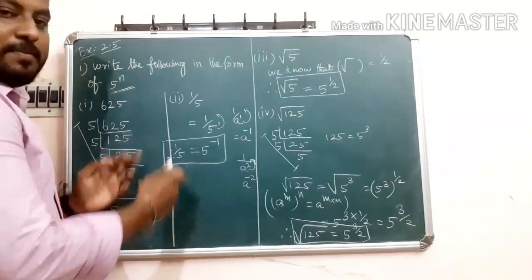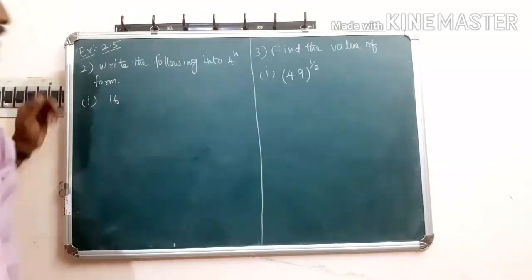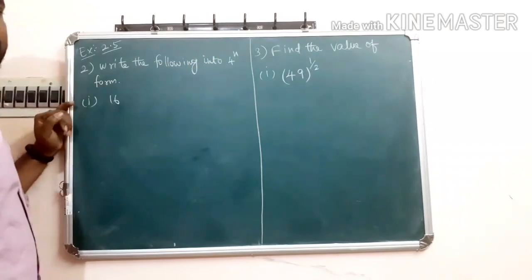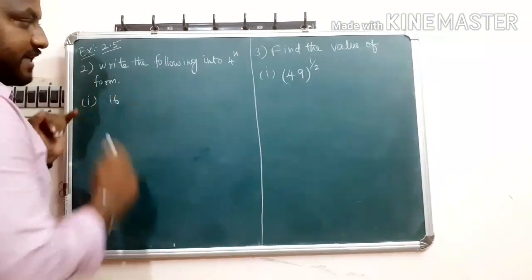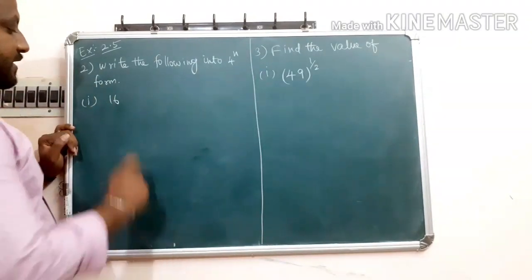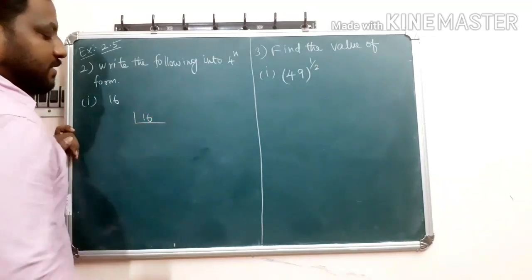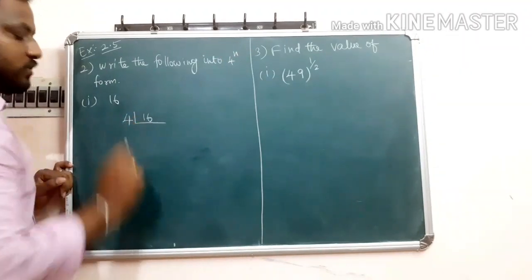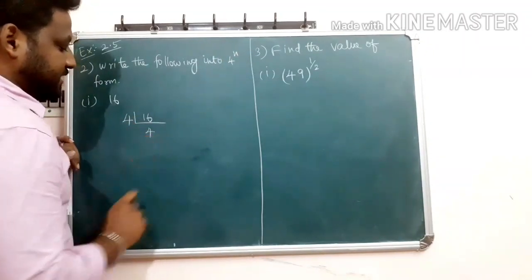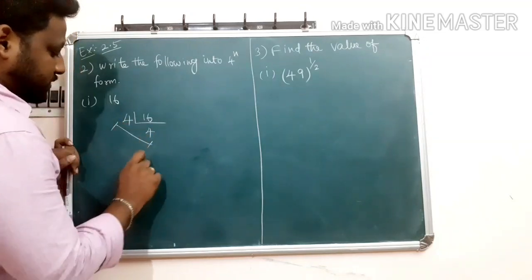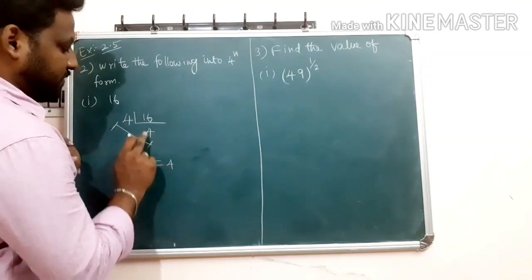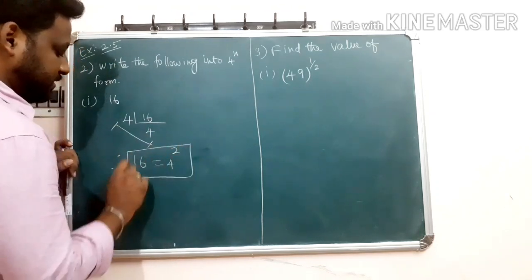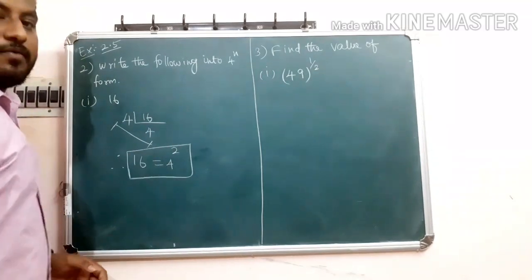Clear? So this type of question will be asked in 2 more questions. And then second question, same as the first one. Write the following into 4 power n form. First question was 5 power n form, second one is 4 power n form. The given number is 16. So same, we have to divide by the division method. 4 power n means we have to divide by 4. So 4 4s are 16. So only 2 times. So 16 is equal to 4 power 2. So therefore 16 is the formation of 4 power 2.